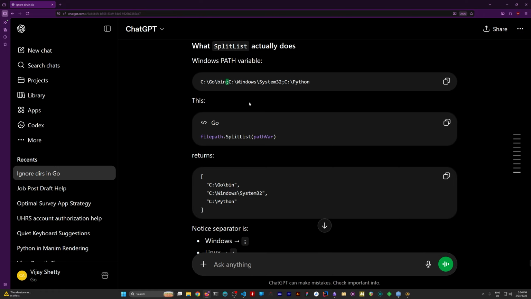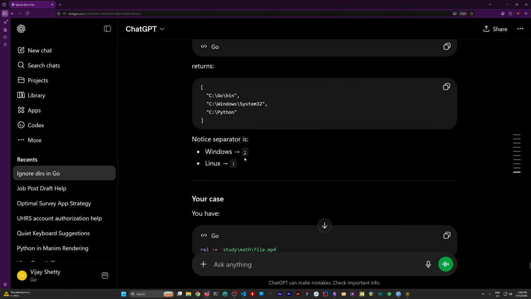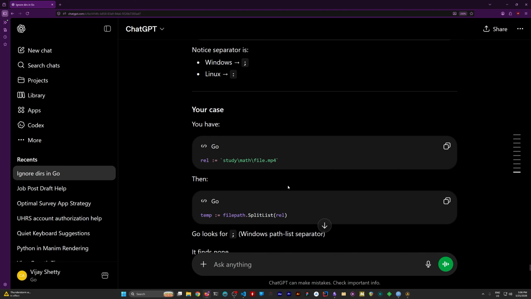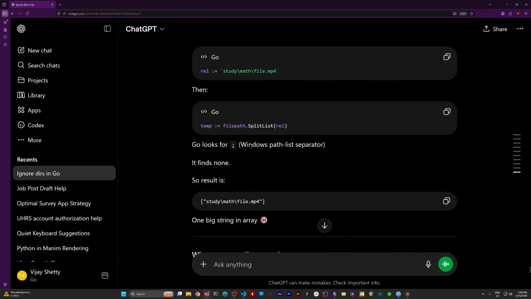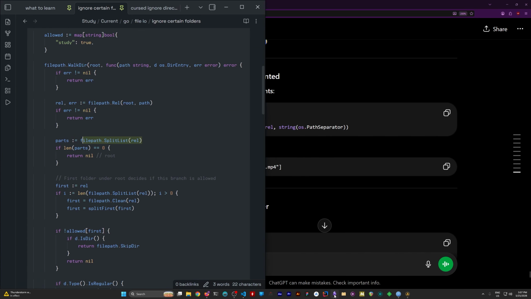When we call on that string, we get this. Notice separator. We got semicolon, colon, your case. Go looks for, finds none, so result is one big string in an array. What you actually wanted. This is the guy that